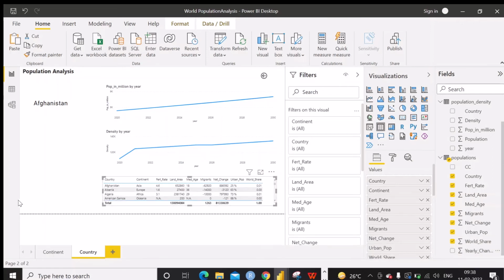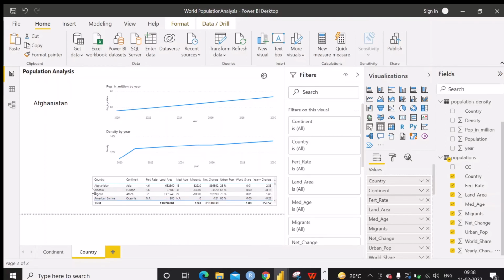All that information we can have in the Excel table. Make it a little bit bigger. So now we have created 2 line charts and 1 table that contains all the information.